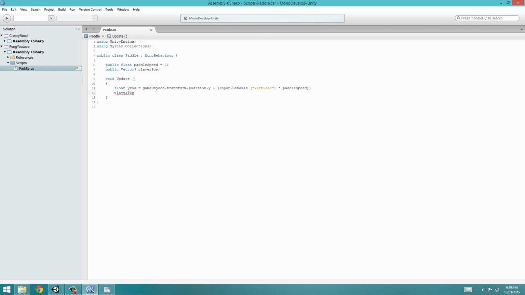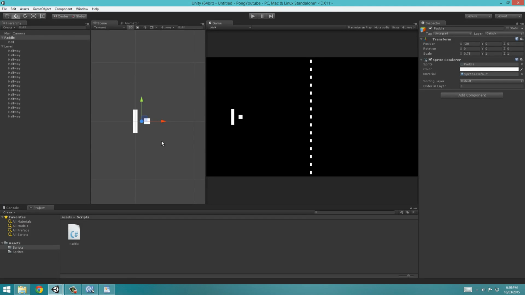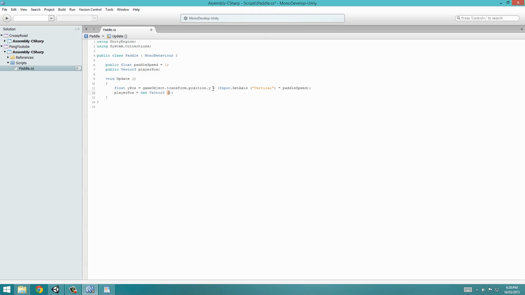So I'm going to say playerPos is equal to new Vector3, that means a new position in 3D space. And inside these brackets, we're going to have to, before we continue, go back to Unity and figure some stuff out. So for our paddle object, on the x-axis, we want it to be -20, right, the whole time. But we want it to, on the y-axis, go between, let's say, 11 and -11. So we're going to remember those numbers that we just figured out, and so it will go x, y, and z. So the x, if you remember, was